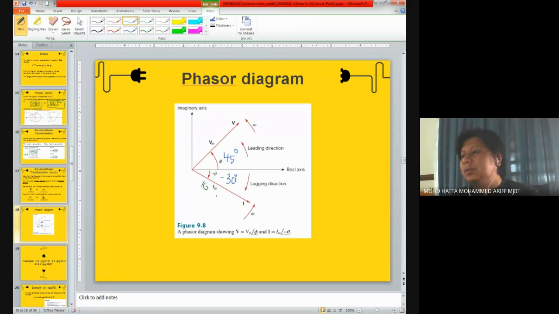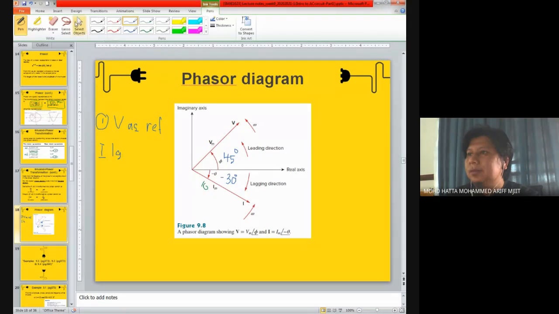If I want to write the relationship between voltage and current over here, let's say I take V as my reference. So number 1, V as reference. I would write my relationship between V and I as I lag,